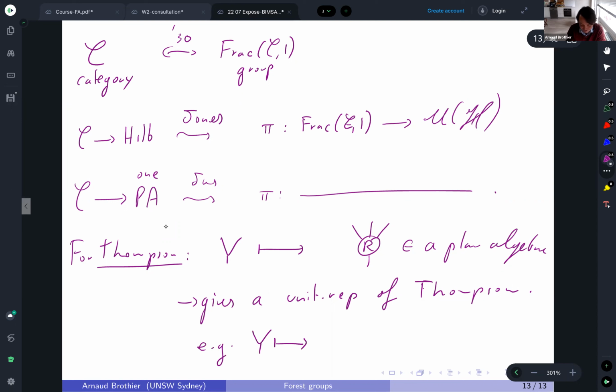So you put a coefficient here, plus beta. What you need is that the right-hand side is an isometry in your planar algebra. It means that if you put it upside down, your inner product should give you 1, or you should have the identity. And this gives you a unitary representation